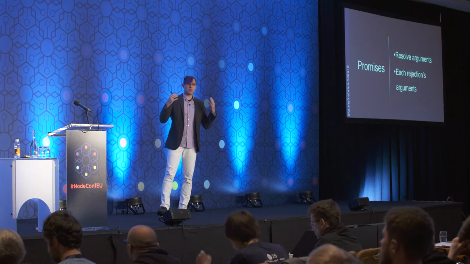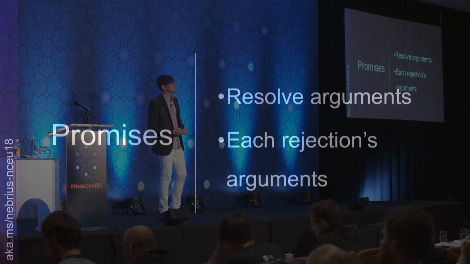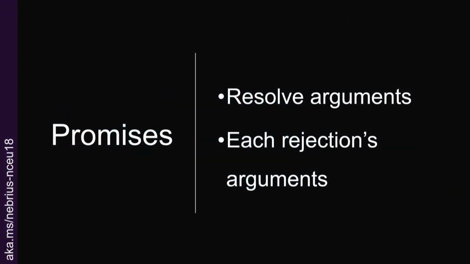And finally is promises. So promises are also, again, kind of unique objects. So you want to document what are the arguments that this promise resolves to whenever it successfully resolves. Again, following these rules. But we also want to document how it rejects. And promises can reject in multiple ways, at least in theory. So we want to make sure we say the different ways it rejects and what the arguments are when it